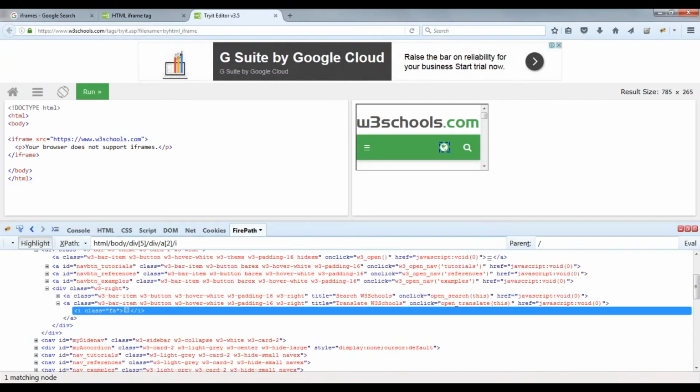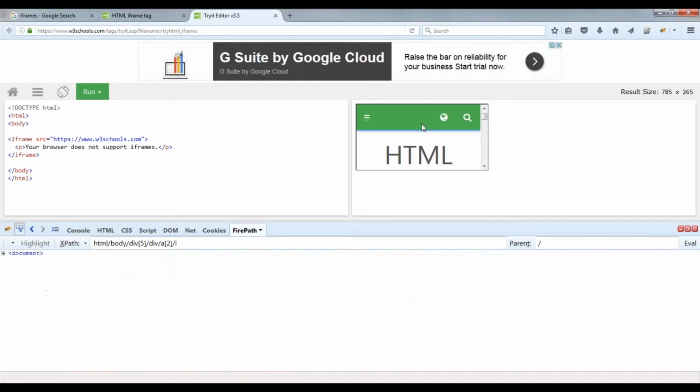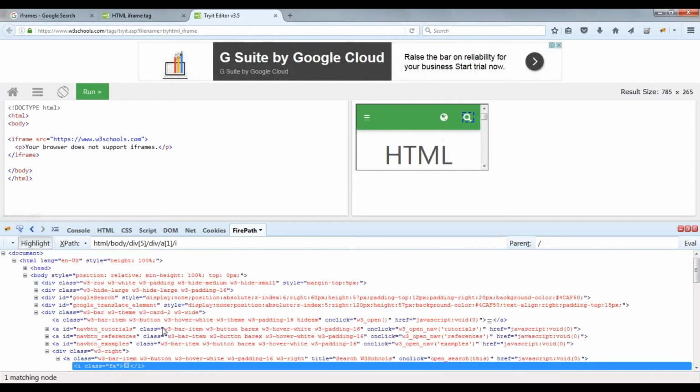If you inspect in Firepath, you can see it is giving me an absolute path like HTML, body, div5 and other things. It is not giving me any ID or anything. The reason is, if I want to click on some search button, it is embedded inside one more HTML page.